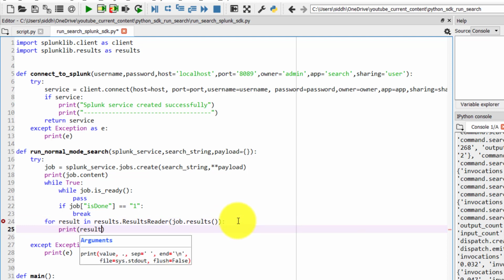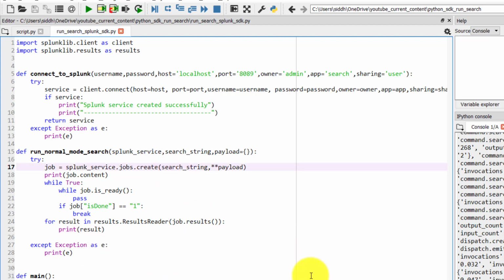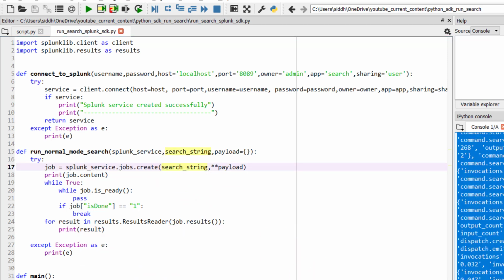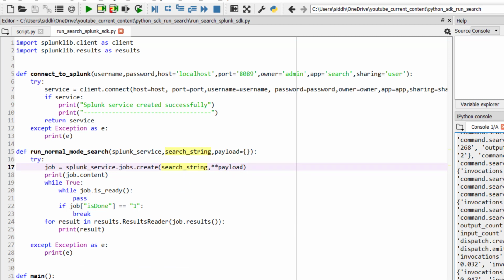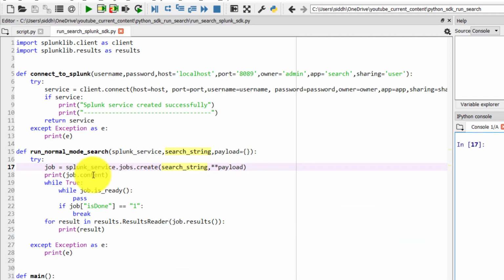This will be each and every row of that particular result set, nothing else. Now if we run this search, it should print the result. We will clear the console and comment out the job.content, because it would print another big dictionary. We just want to see whether we are able to see the search result or not.